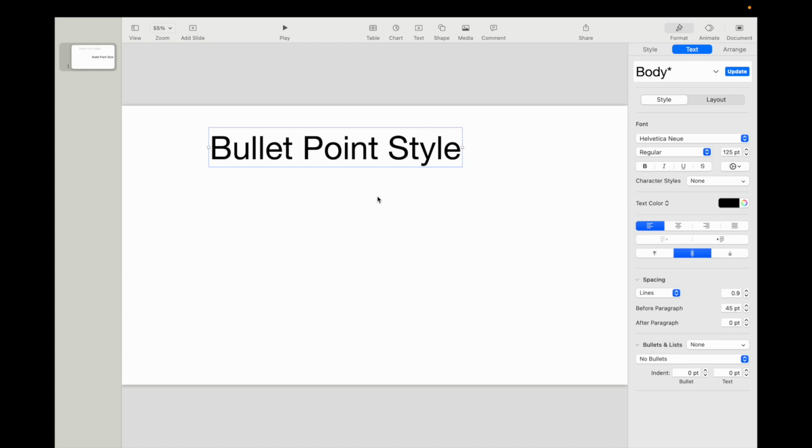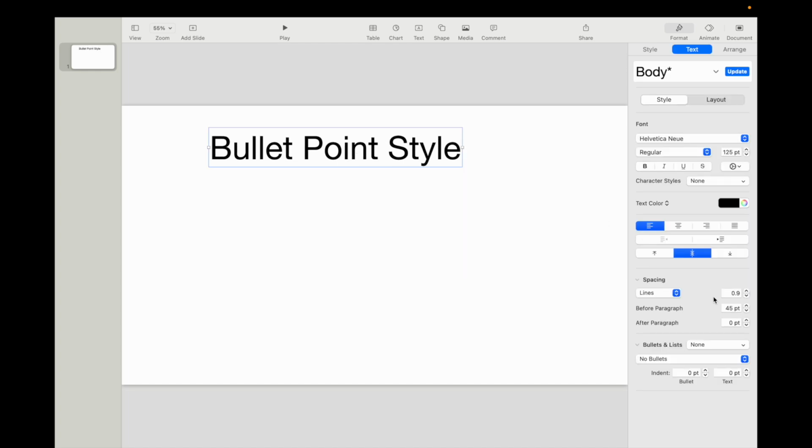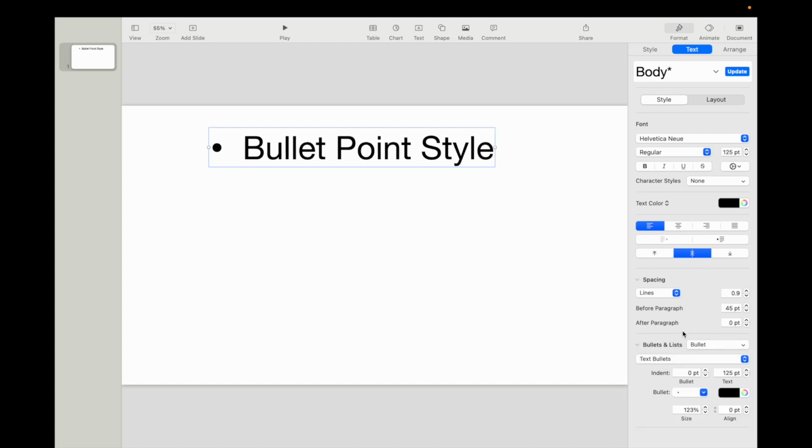So if you want to change the bullet point style, first off you have to add a bullet point. So press on the text right here, scroll down to where it says bullets. You can go ahead and just add a bullet point just like this. Now if you want to change the style, simply go down to where it says bullet right here, and you